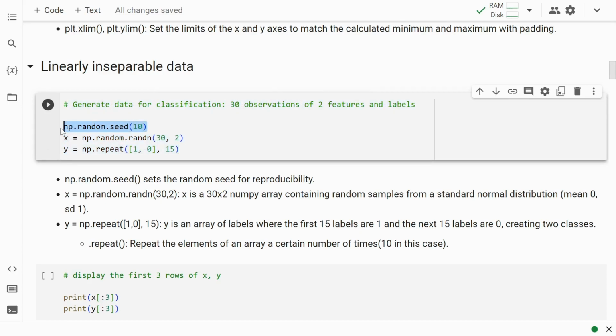This line of code over here sets the random seed for the NumPy random number generator to 10. Setting a seed ensures that you get the same random numbers every time you run the code, which is useful